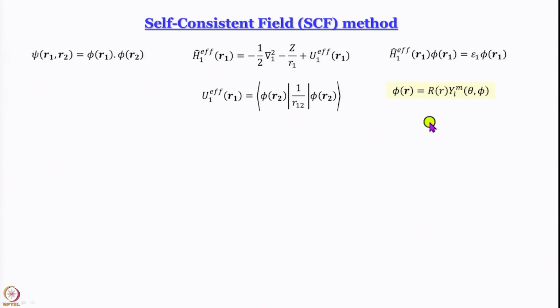So capital R would lead to a quantum number n. The only thing is that eventually n becomes a variational parameter, and the theta phi dependent part is associated with the quantum numbers L and M. So the moment I write it like this, I have to do something to the Hamiltonian, right. I should actually write the Hamiltonian in terms of spherical polar coordinates also, and if you remember what we did in case of hydrogen atom, we rushed through 13 slides which we did not discuss,